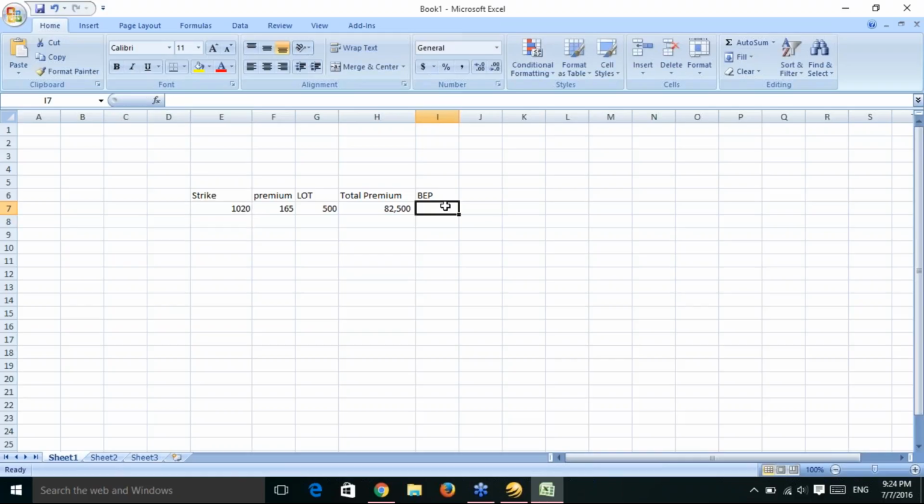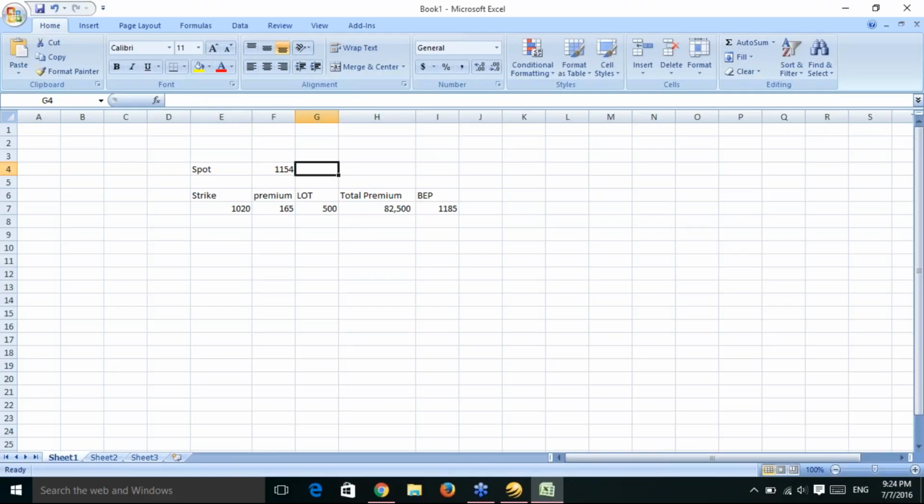So break even point is your strike price plus the premium. So 1185. And what is the spot price right now? That is 1154, I guess. So this is the spot. So before the expiry, what is the date of expiry? 28th of July. So before 28th of July, if this stock price of Infosys goes